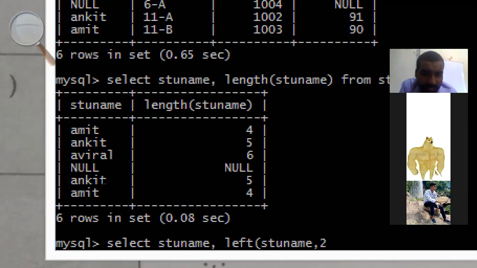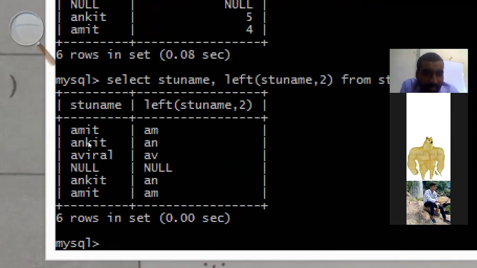Suppose 2 characters. Then close the parenthesis, write from STU, then semicolon, and press the enter key. Now you can see STU name is displayed and the 2 characters from the left side of each name. So Amit AM, Ankit AN, Aviral AV, Ankit AN, like this.